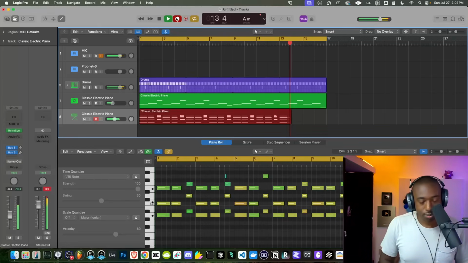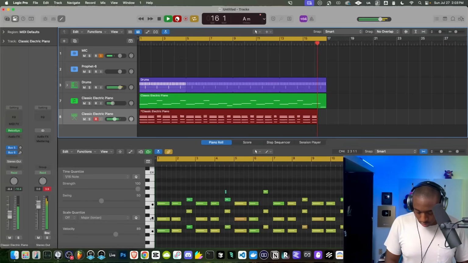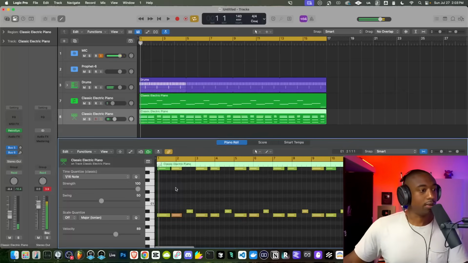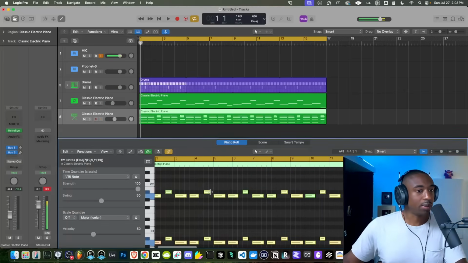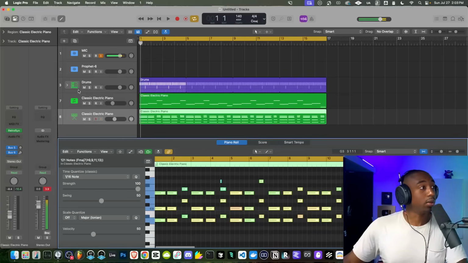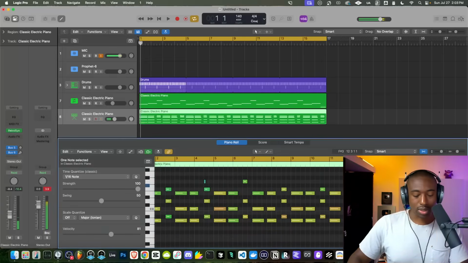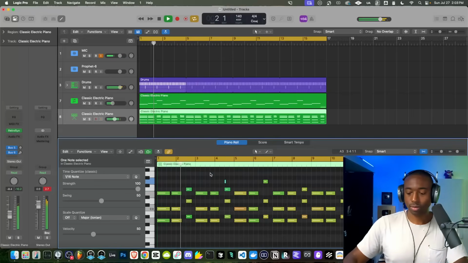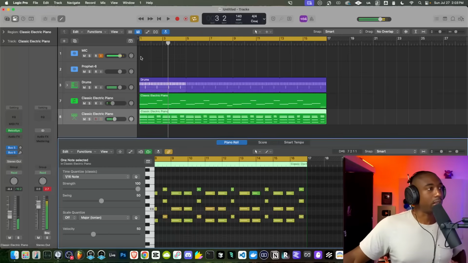Mess one note up. Okay, so now I got to go in and fix that note. Let's hit Control A, quantize these notes here. And we need to find that messed up note. I think it's right here. I kind of visually see it. And then we're just going to hit Option down to pull that note down. That's as much editing I do on the piano roll.